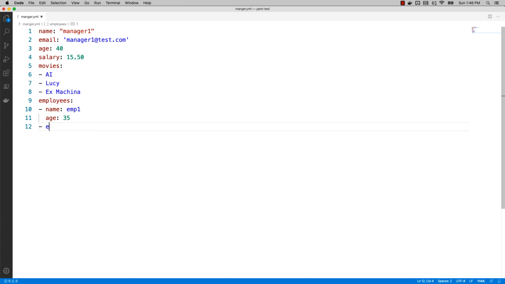I may use a separate or distinct format, like maybe something like this, where I can say name equals EMP2, for example. It's not necessary to use a quote here, but if you want, you can prefer one. Maybe I can say this is the age of that person, let's say 30.